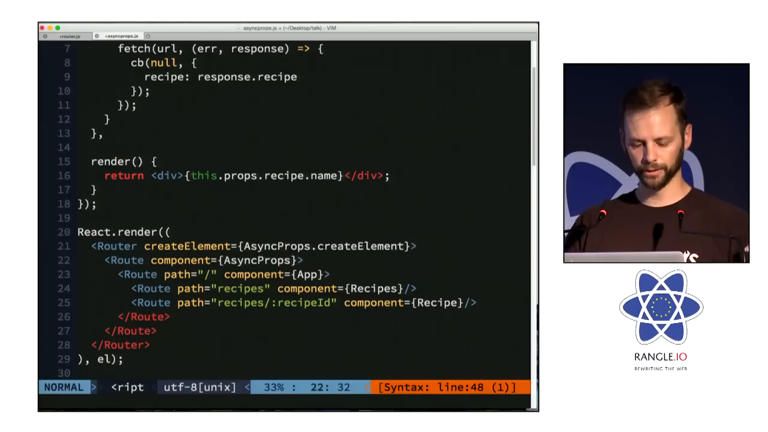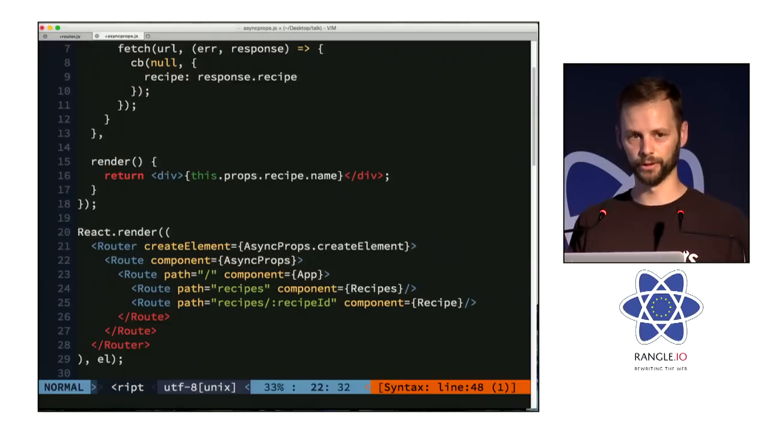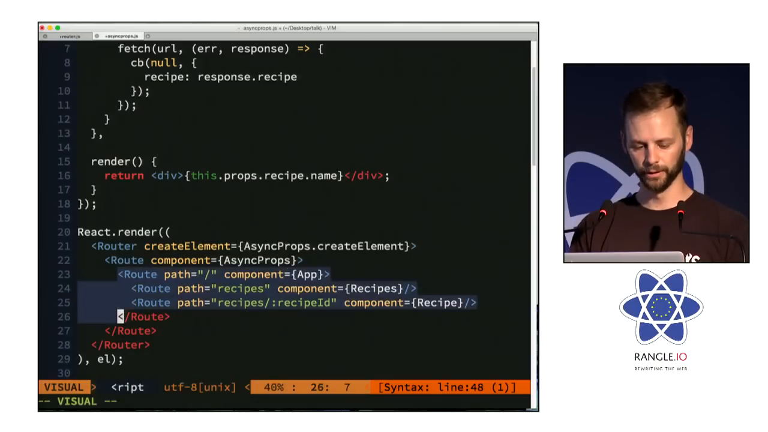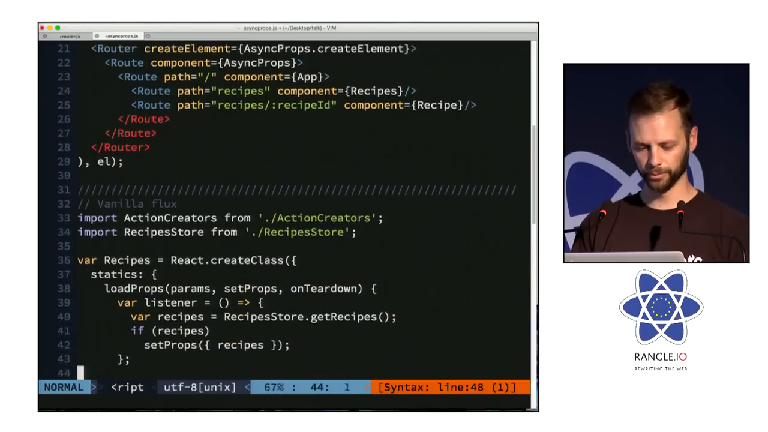And then I wrap it all in this async props component. And this component kind of owns the loading, and it loads everything in parallel before rendering. And now from there, it's just a plain old route config, and you can just do it as you did before. If you're using some sort of Flux implementation,